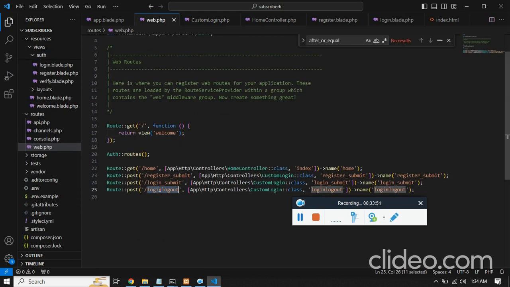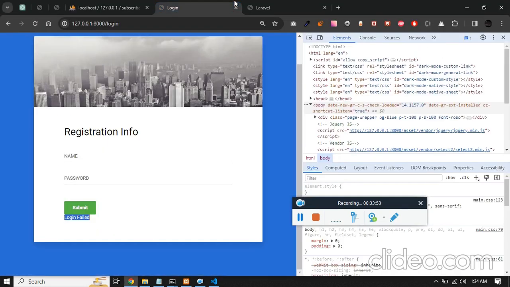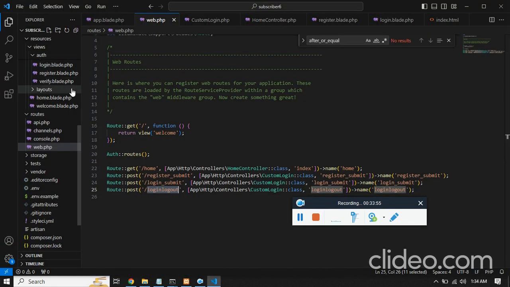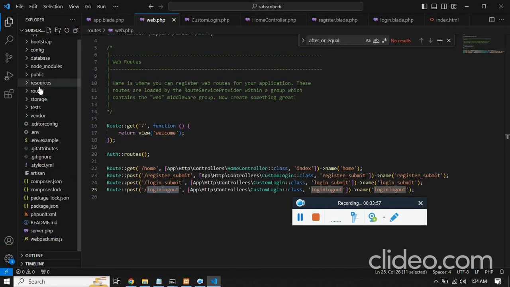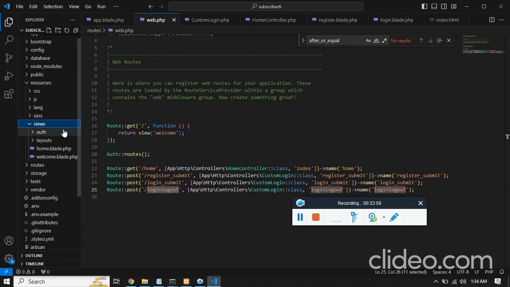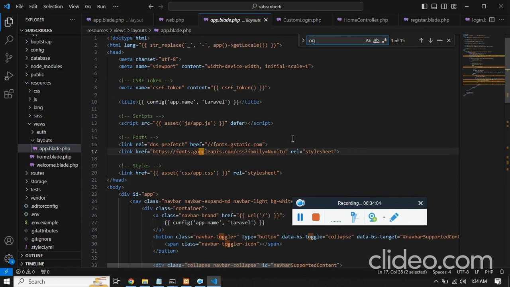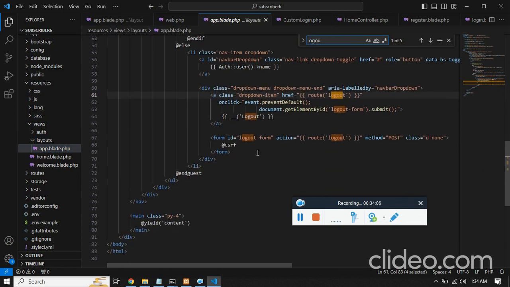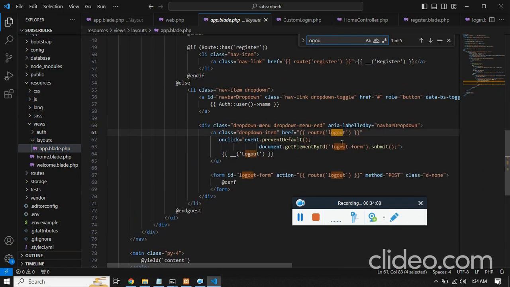You can see this is the URL, and you see over here this is coming from the resources, views, and then we have layouts app. So if you search for logout, this is where it is coming from. Now you need to make sure to have the href properly and make sure this is forced,